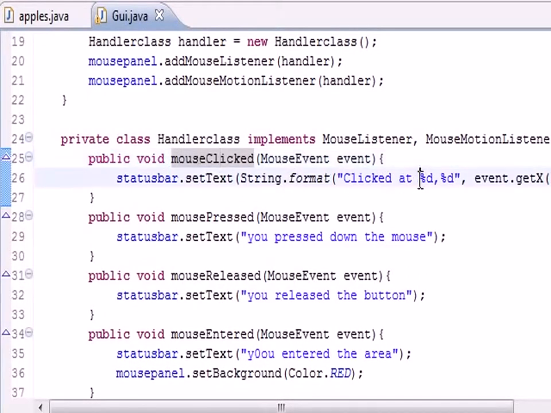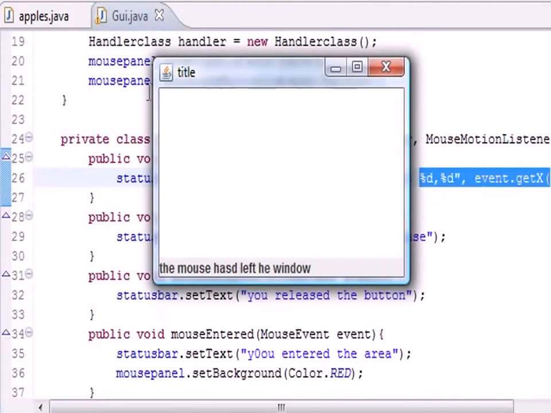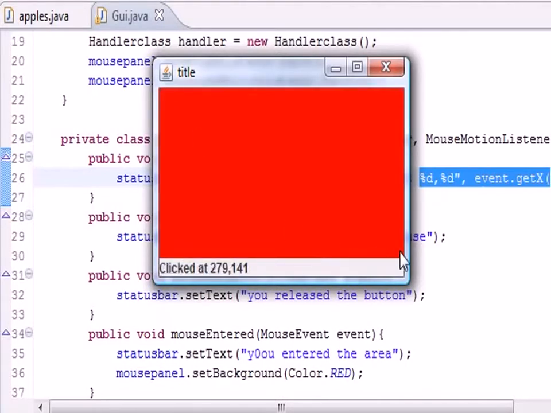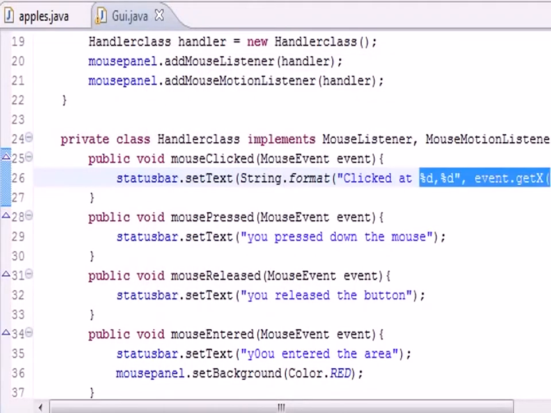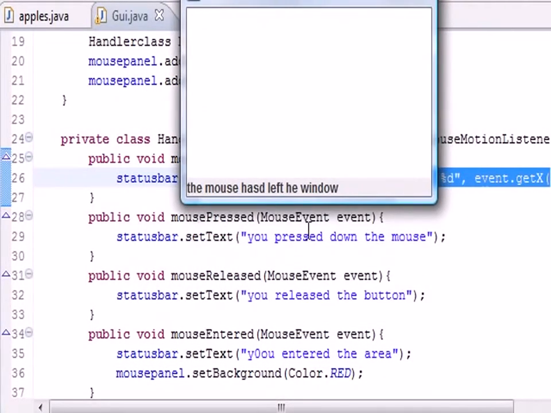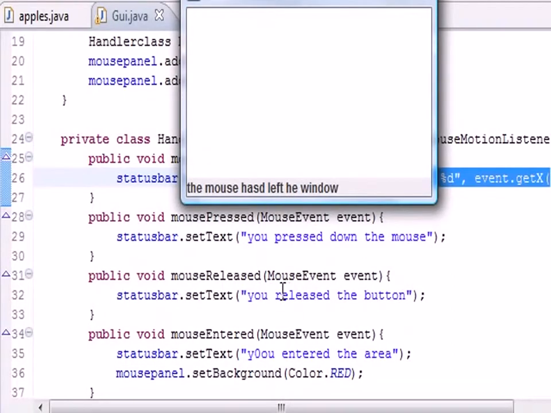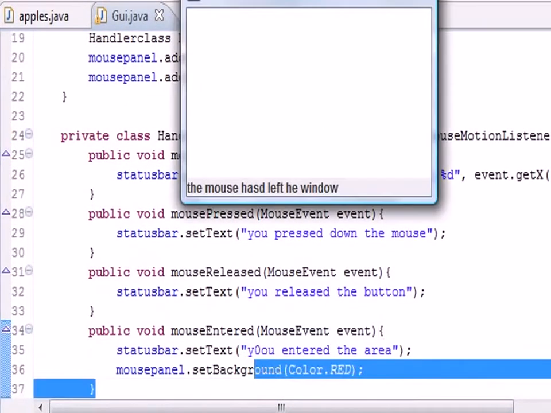Status bar dot set text, and let's go ahead and just put something like you move the mouse. So now we've got all of our methods that we needed to implement since we implemented from mouse listener and mouse motion listener. So now we can go ahead and run this program, and evidently